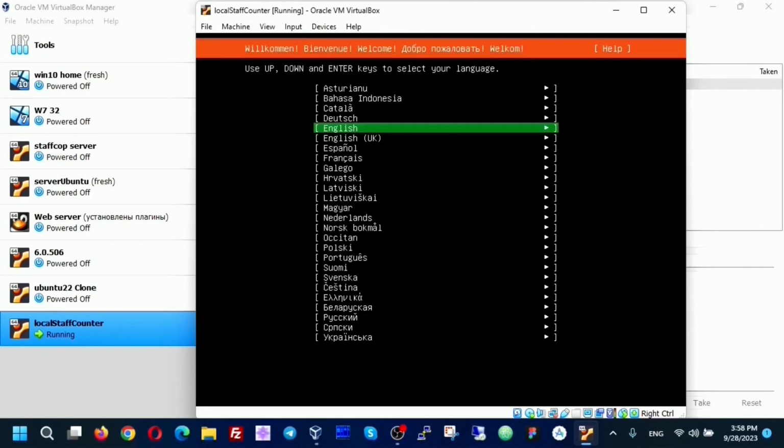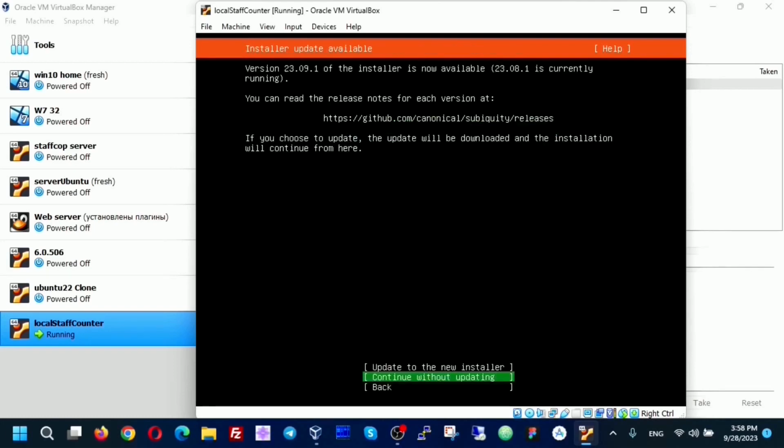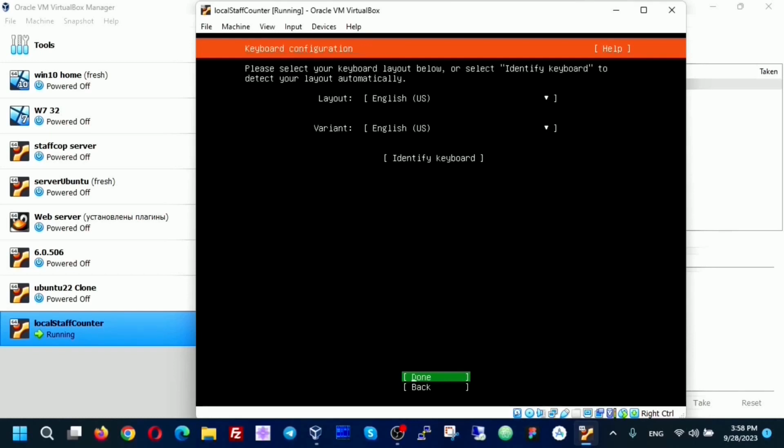The Ubuntu server installer starts immediately. Leave the language as English and press Enter. Continue without updating. We skip updating. Then the keyboard is English. Press Enter.